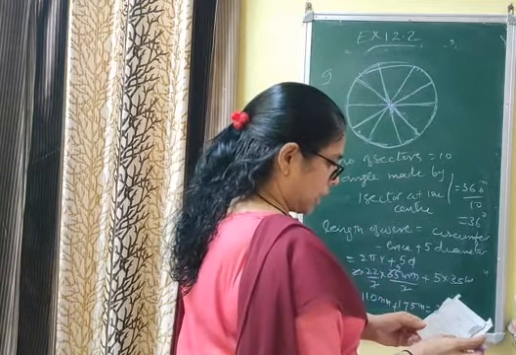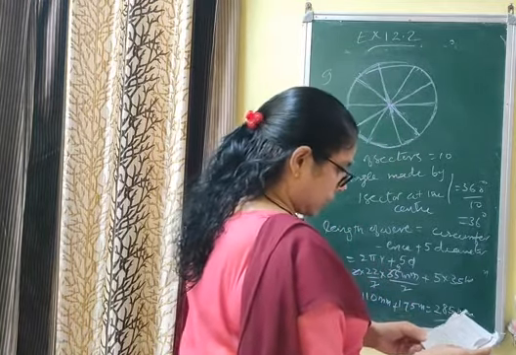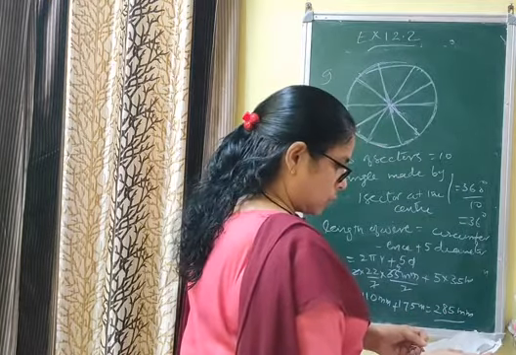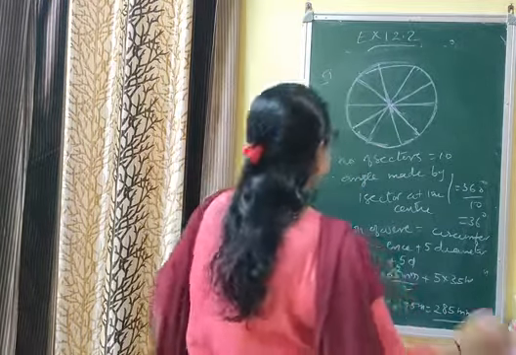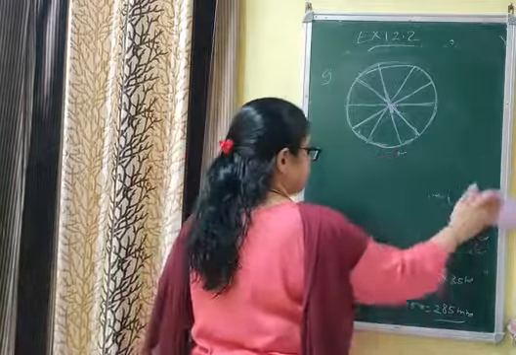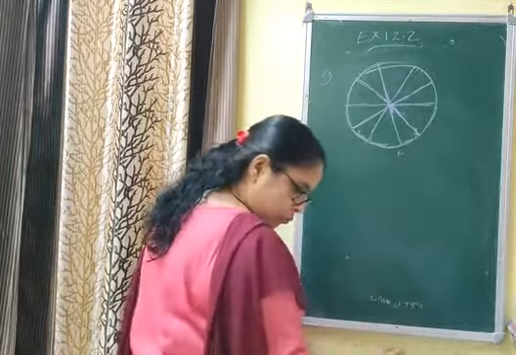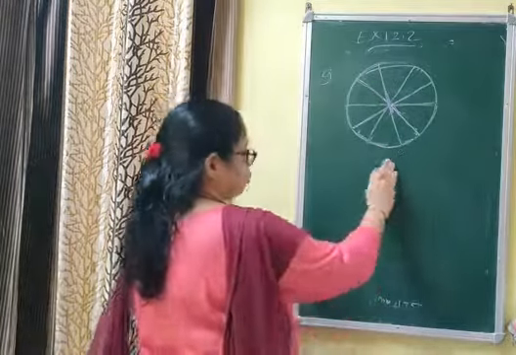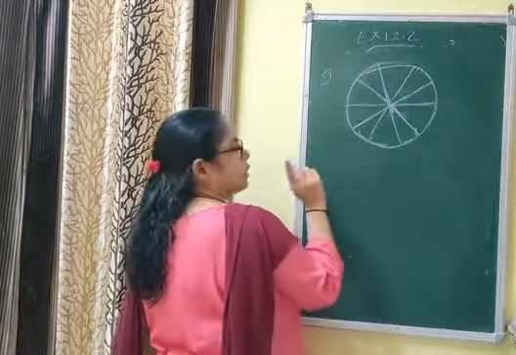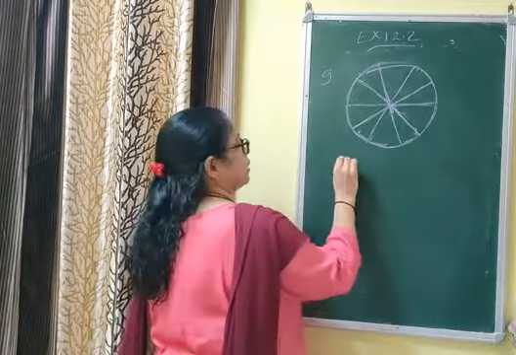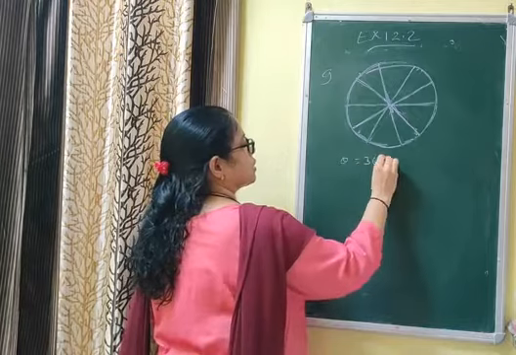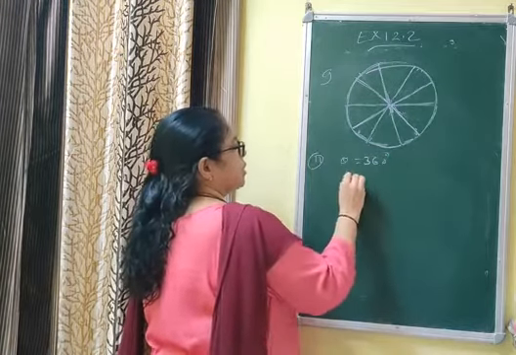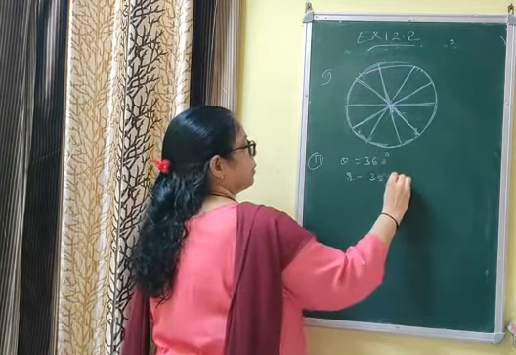We have to check the answer from the book also, and that I am doing. The first part is 285 mm. Next part is you have to find the area of each of the sector. Each of the sector means how many sectors are there? 10 sectors. You have to find the area of one sector. Again, theta is equal to 360. This is the second part, and r is equal to 35 mm.